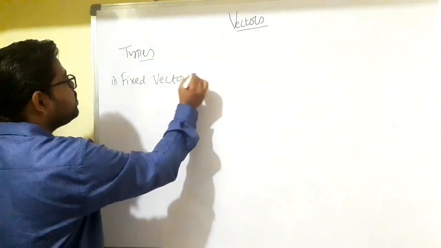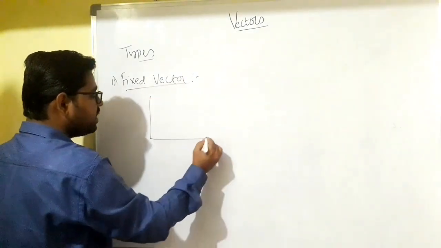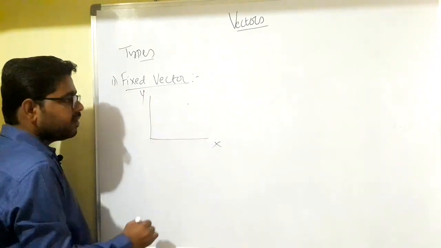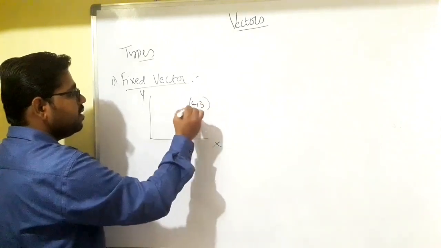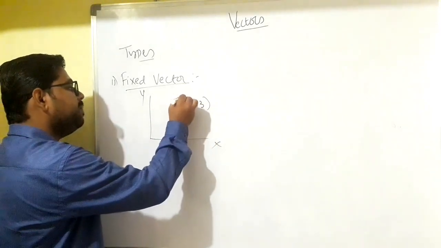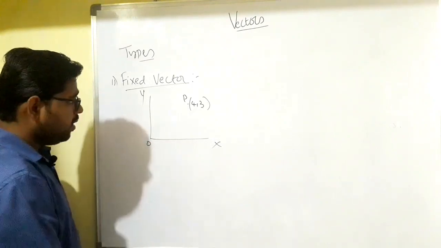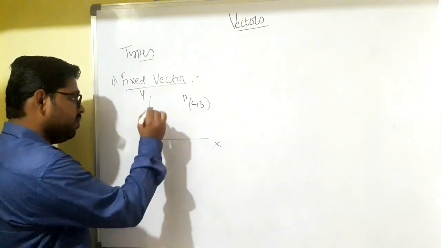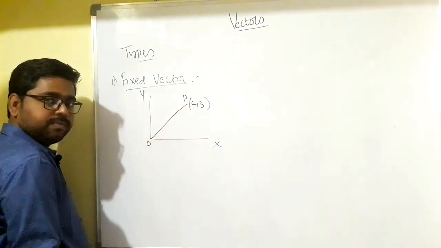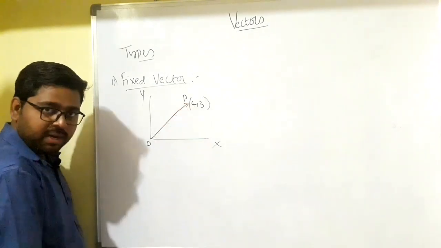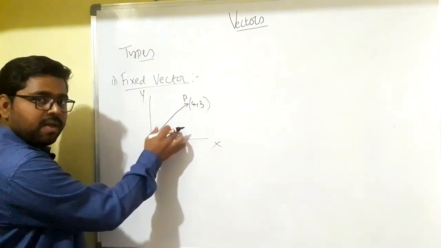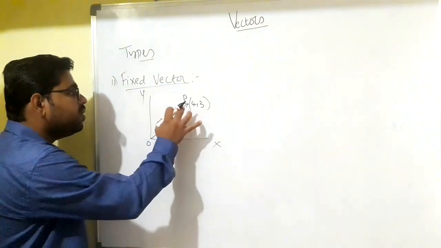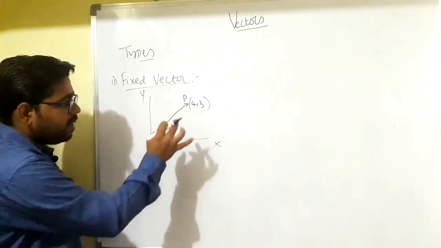See, it is the x-axis and it is the y-axis. Let me mark a point. Let's say it is 4, 3. This is the point. Let me denote it with the letter P, and this is the origin. Now, to locate the position of this point, we have to join it with point O. If you put an arrow, this is a vector, right? What type of vector is it? This is a position vector, which denotes the position of the particle or point.